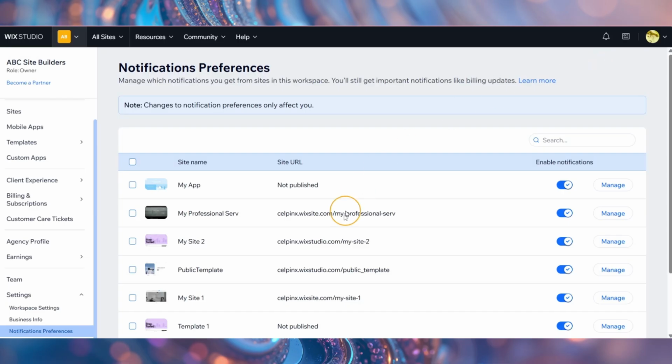All of your sites will be found on this list. You can simply toggle their corresponding toggle button on or off, depending on whether you want to enable or disable notifications from a certain site. But if you'd like to manage specific notifications of a certain site, click Manage on the site you want to